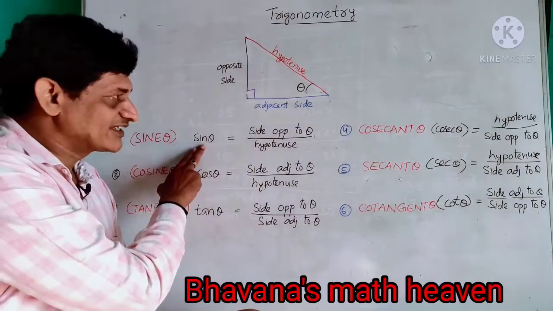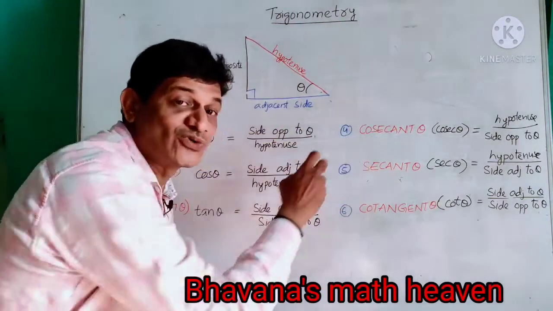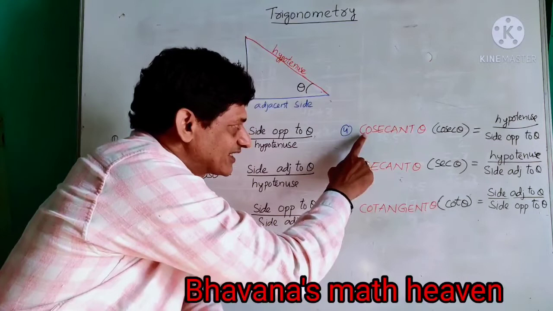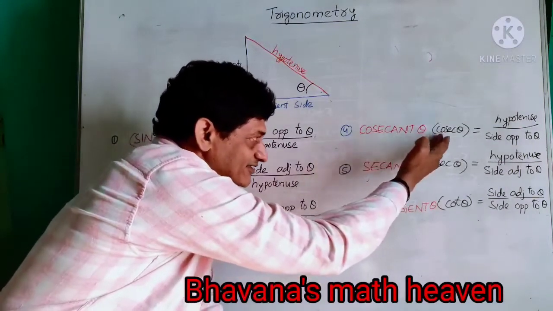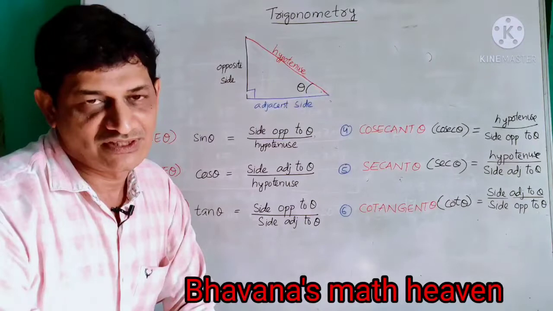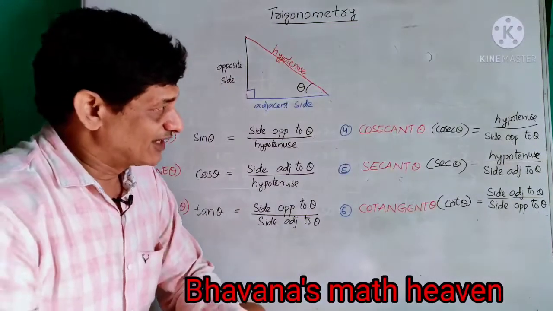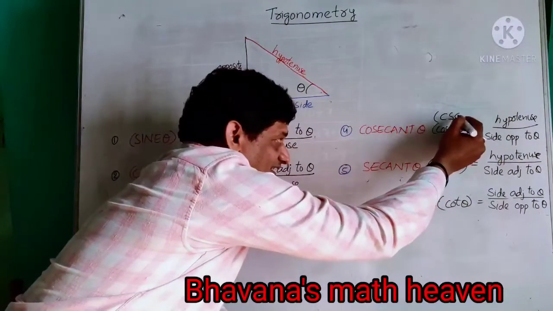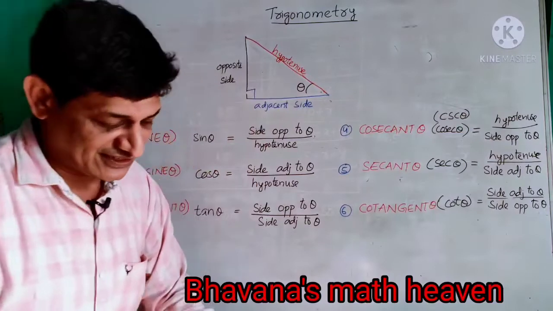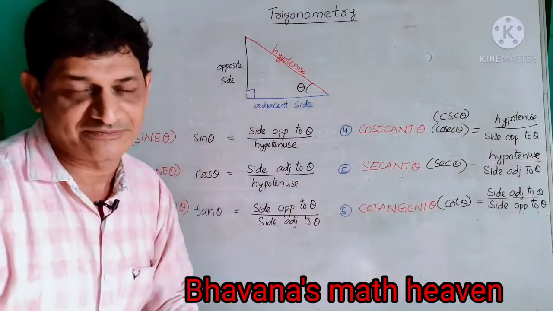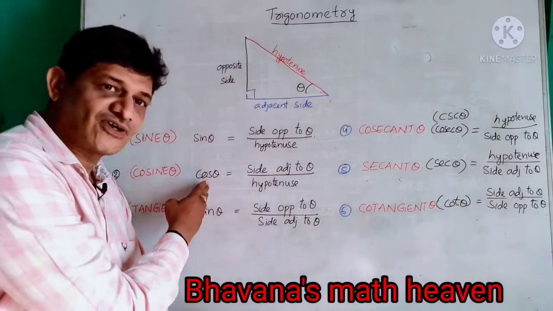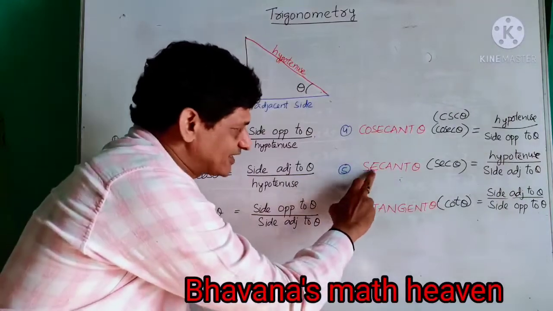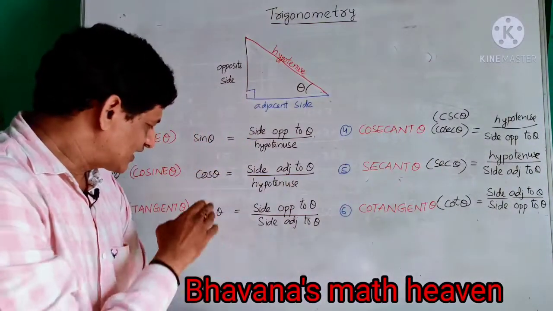The reciprocal of sine theta is named cosecant theta. Briefly, you can write this by using the first five letters, C-O-S-E-C. Read it as cosecant. Otherwise, you can represent it by using the first letter, third letter and fifth letter, C-S-C theta, also called C-S-C, cosecant theta. And the reciprocal of cos is called secant theta. Pick the first three letters, secant theta.